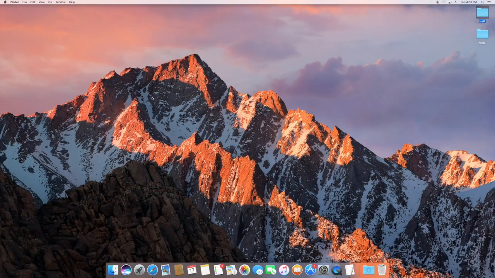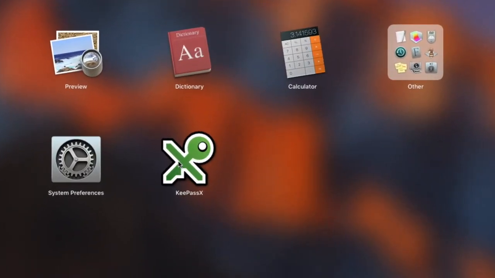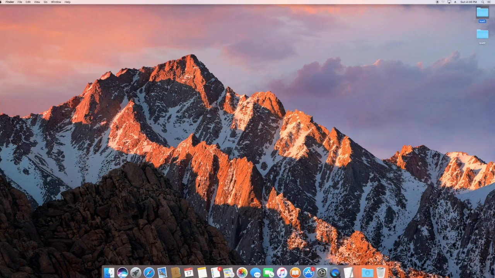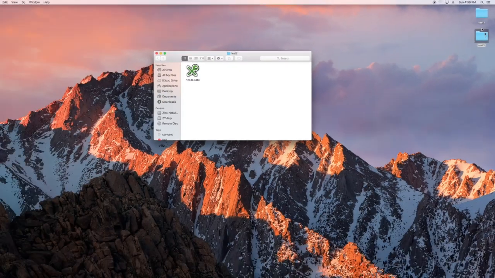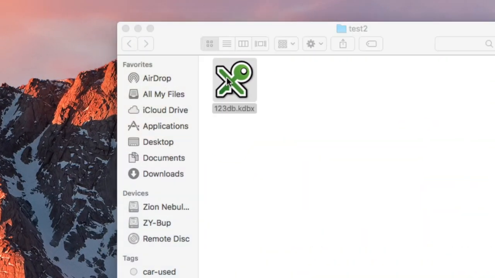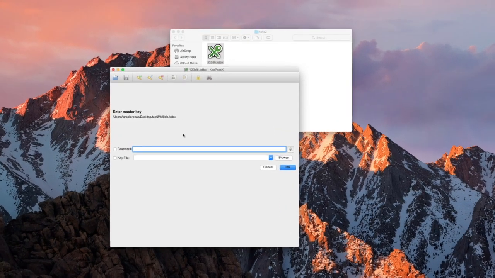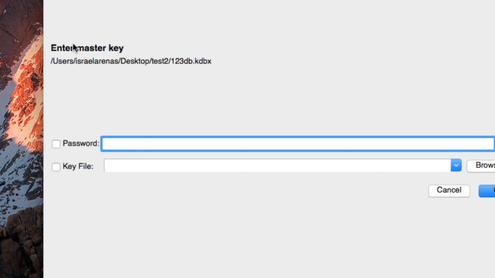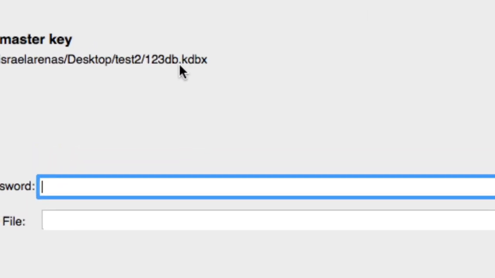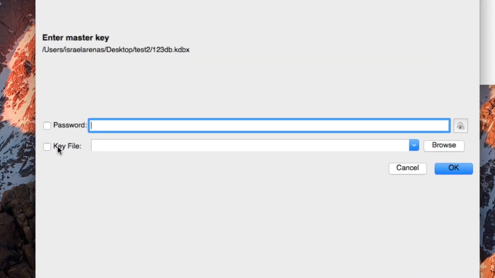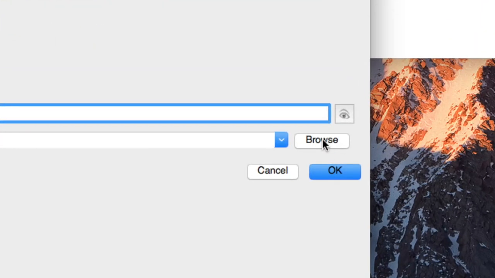For example, here we're going to go ahead and click on KeePassX to open it. Or no, let's click on the file. So we're going to click on the database file. When you first open it, it's going to ask you for the key. This is your database right here, but it has a master key, so it reminds you. Down here it says key file. What you're going to do is click on browse,